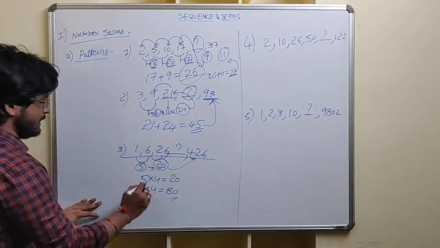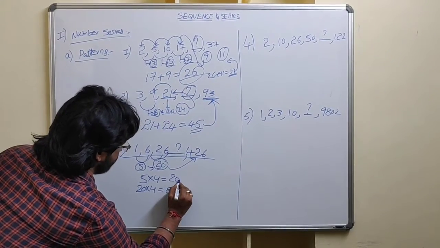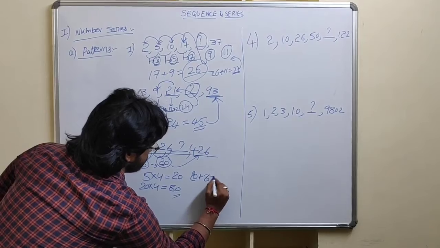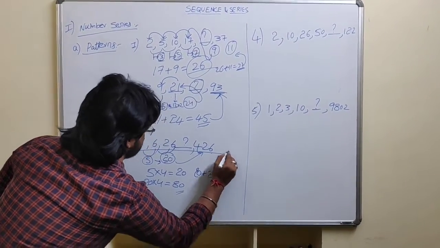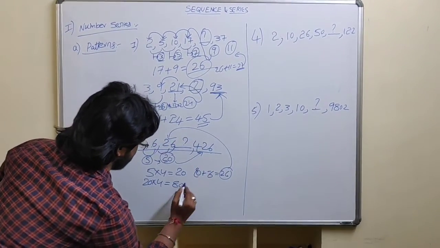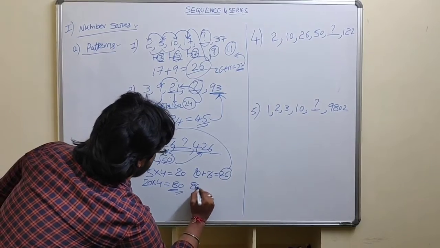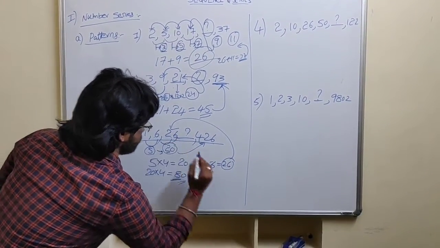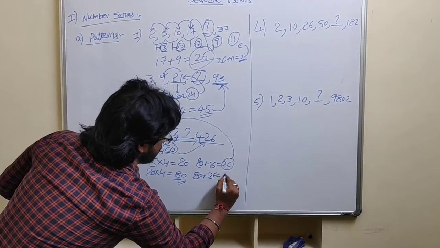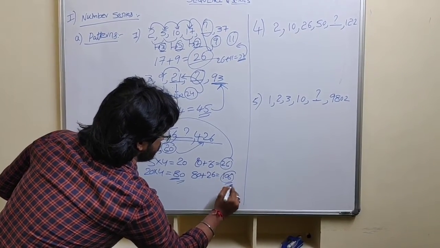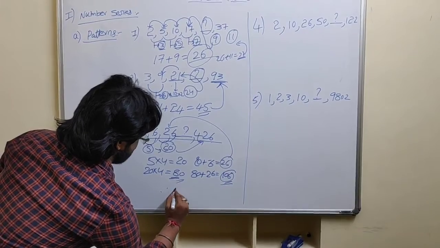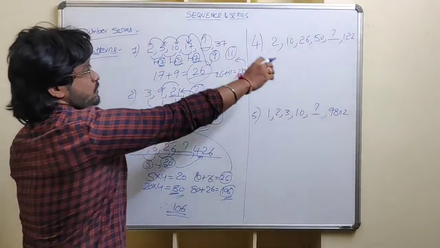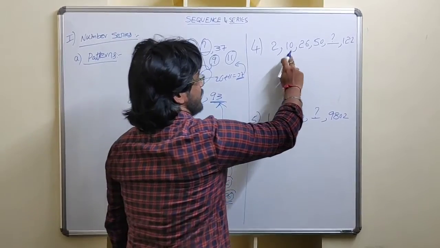Keep that aside. For the 20, when you add it to 6, you will get 26, which is this one. In a similar fashion, when you add 80 to the previous number 26, you will get 106. So the answer will be 106 itself. And the fourth question is 2, 10,